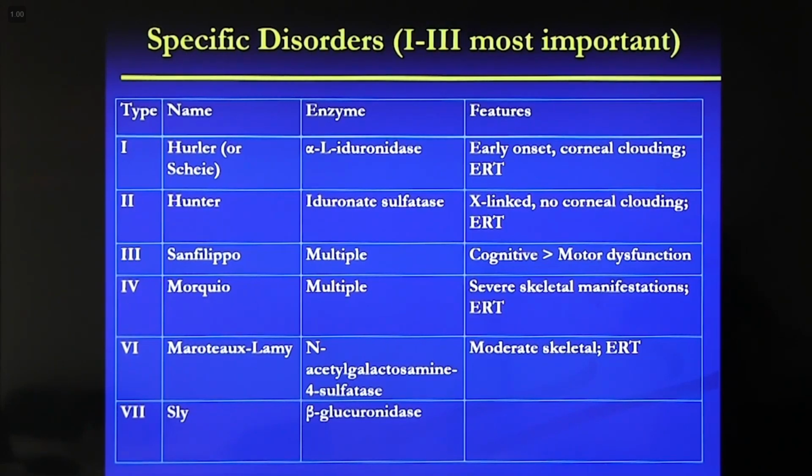People always ask how you differentiate Hurler from Hunter. Two ways. Number one is Hunter is X-linked, Hurler is autosomal recessive, and Hurler has corneal clouding. Hunter is listed as not having corneal clouding. Now, that's not completely true because there are people who say you can see this, but for test purposes, that is the difference. Sanfilippo is something that doesn't have as many coarse features, but it has very bad cognitive decline. Morquio is basically a skeletal dysplasia, severe skeletal manifestations, and